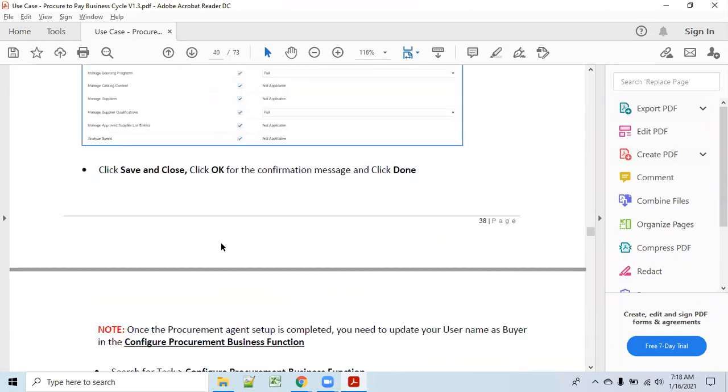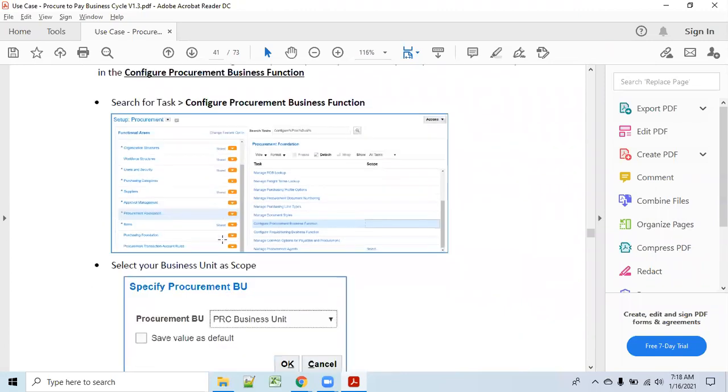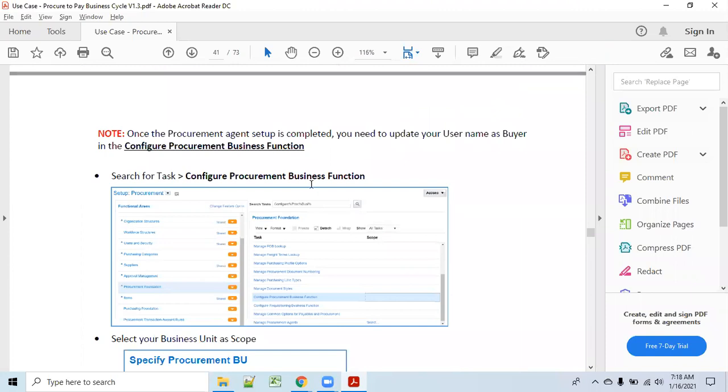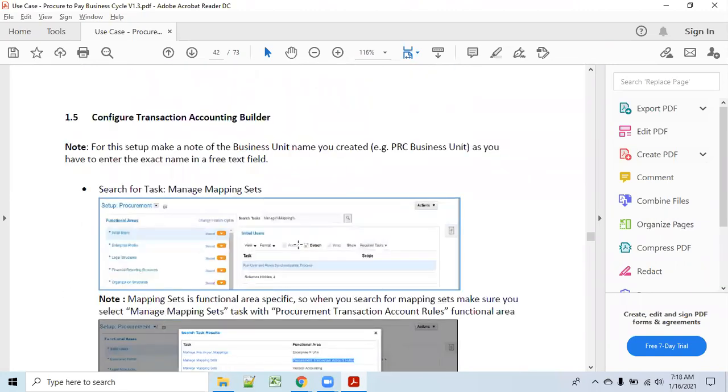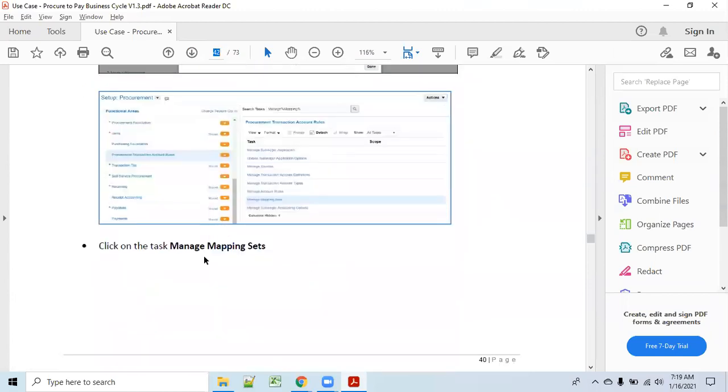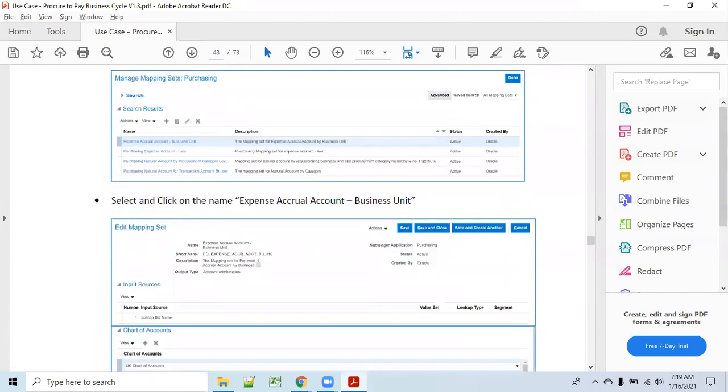Procurement agent we have seen, and configure procurement BU. You know these things, we covered them already. Configure transaction account builder. These things are like a setup for accounting for procurement. So these things we'll see in a later class. This is important.